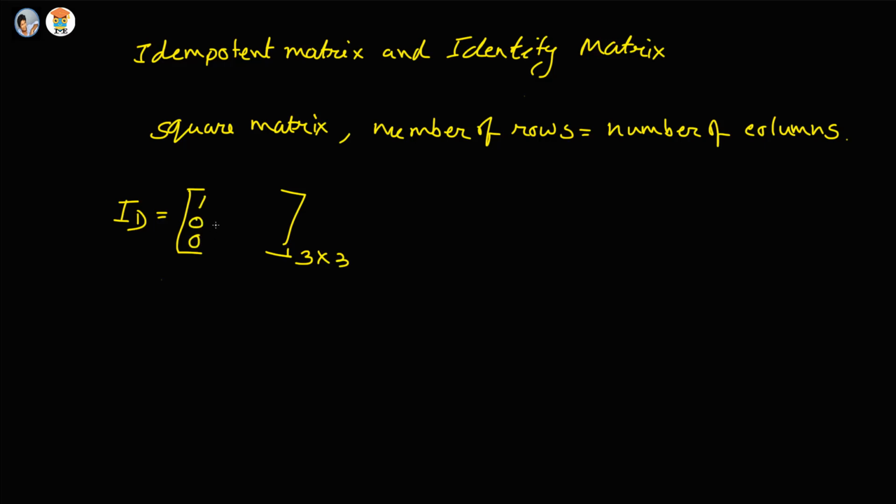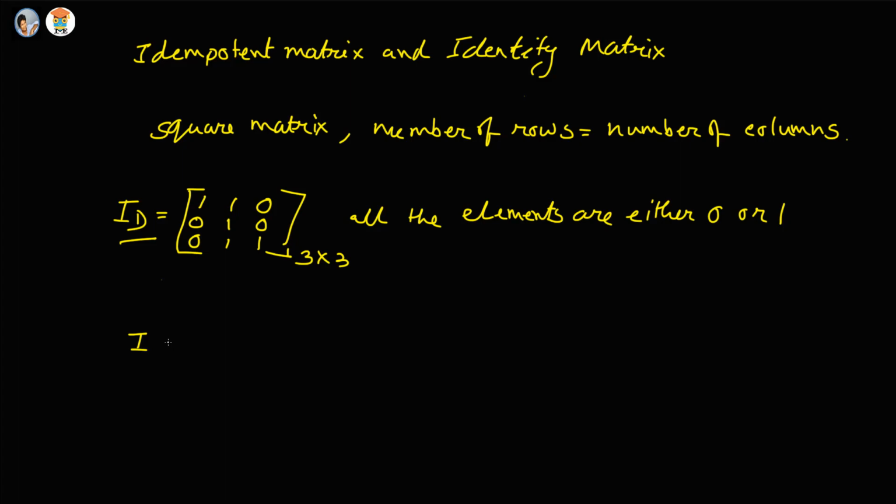1 0 0, 1 1 1, 0 0 1. See here, all the elements are either 0 or 1. We can say that in an idempotent matrix, all the elements are either 0 or 1. Now in case of an identity matrix, here also all the elements are either 0 or 1, but in case of an identity matrix, say if we take a 3 by 3 identity matrix,